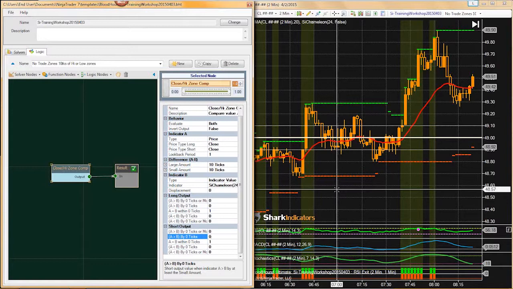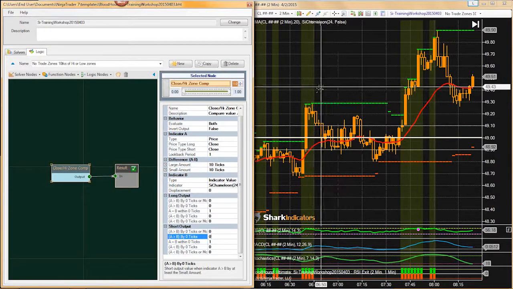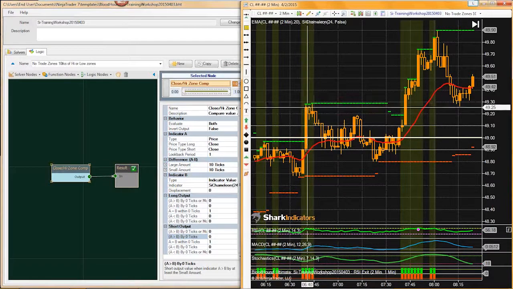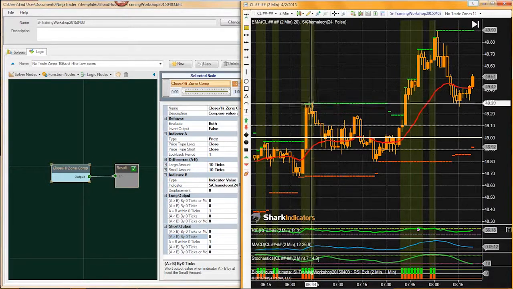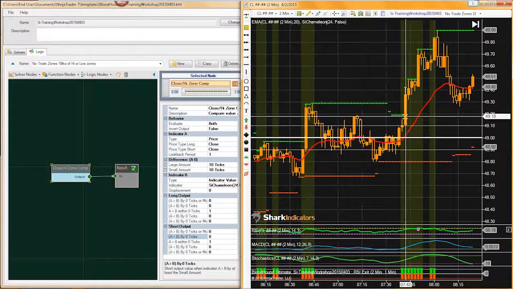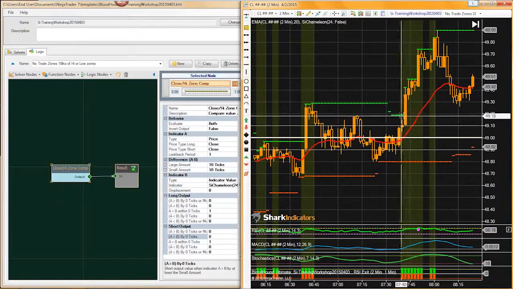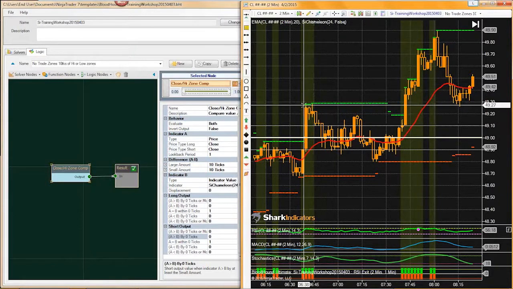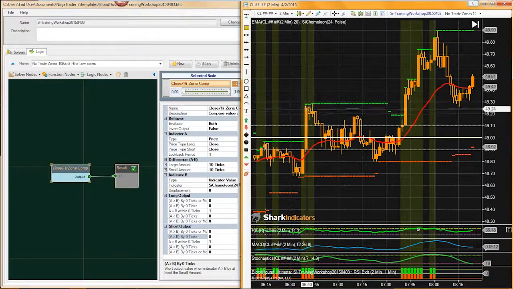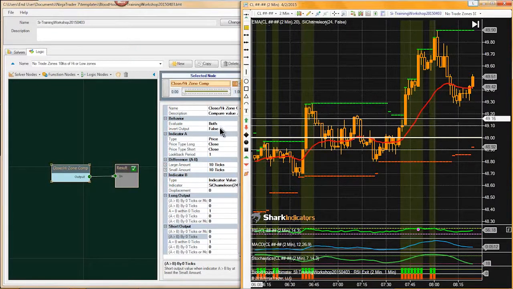All right, so we can see whenever the closing price is within 10 ticks of the green plot line here, it's identifying. So right now we're identifying when price is within 10 ticks of the green high zone, but we want to prevent trading, so we're going to,